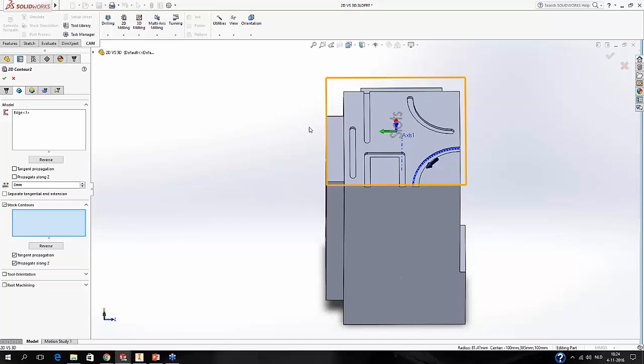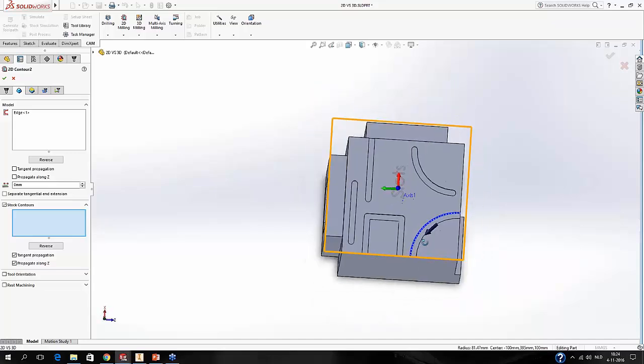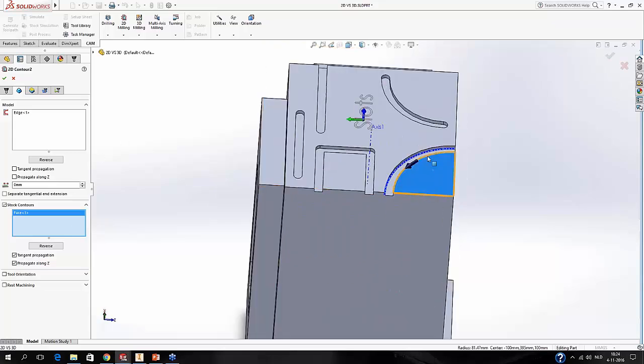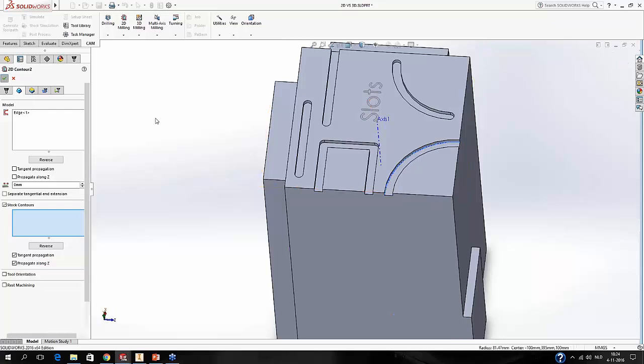This is called a job in HSMWorks and a setup in Inventor HSM, but it's the same thing. This orange box is now shown here. We can also override it when we do a selection here. That would mean this is our stock, but usually your orange box will be fine. If we hit the green button right now,